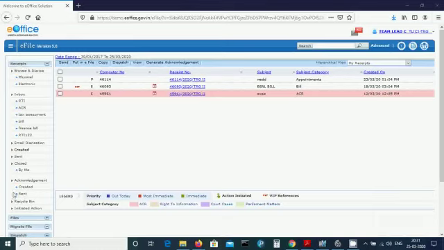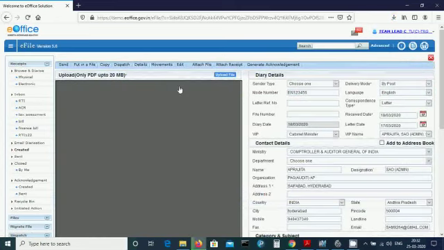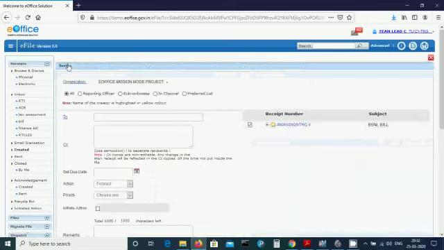When we select the checkbox and open the receipt number, we find all the details on the right side of the screen. Now we send this receipt by clicking the send button. Send.